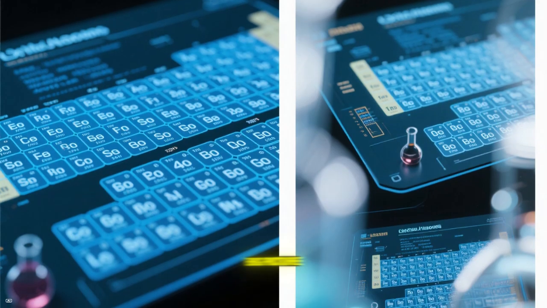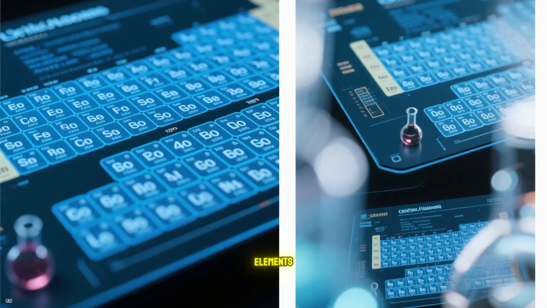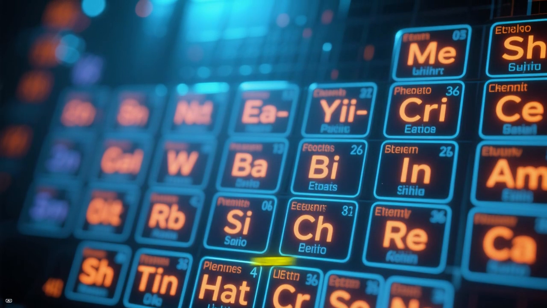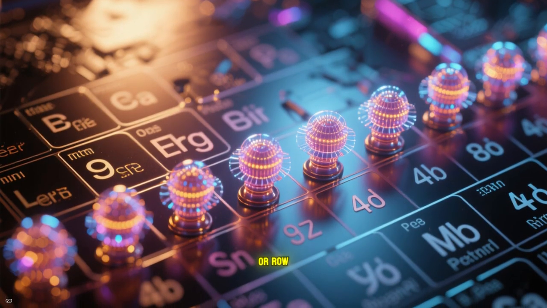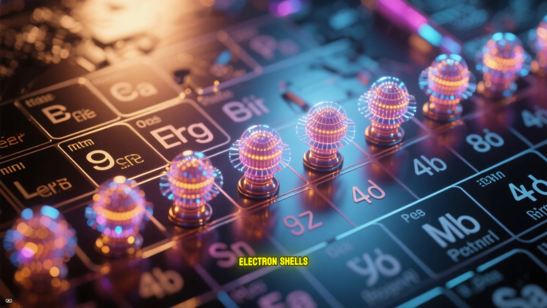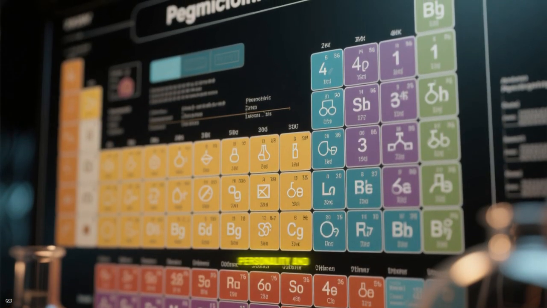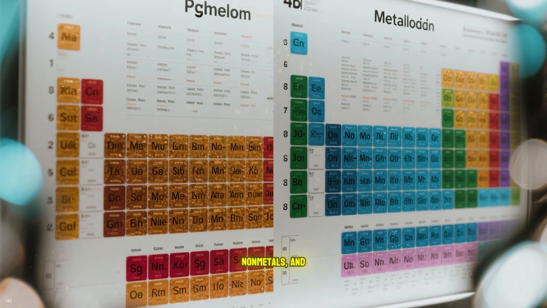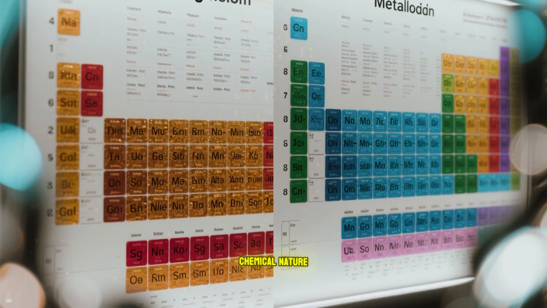So let's recap the big picture. The periodic table is not just a random collection of elements, it's a system, where every element has a specific address that tells us a story. The atomic number orders them. The period or row tells us about the number of electron shells. The group or column tells us about their chemical personality and how they'll interact with others. And the broad regions of metals, nonmetals, and metalloids give us an instant overview of their physical and chemical nature,